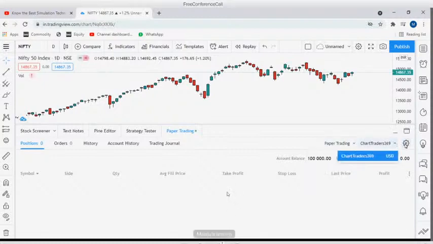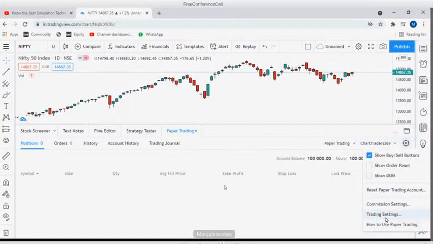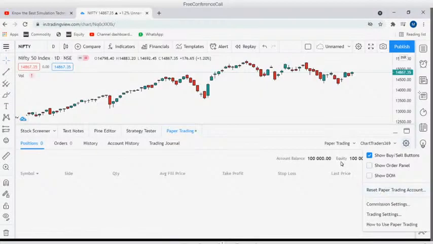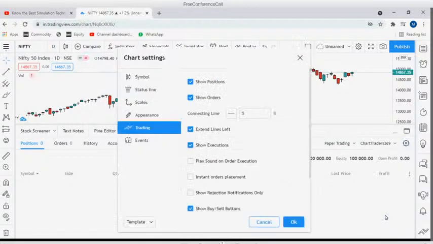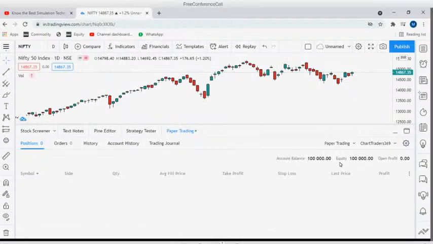Go to the settings and you can change that. There is an option when you are trading: when you click on this reset trading account, it will reset this balance. For example, if you have done some trades and after that you want to reset, you can do a reset here. And if you want to do any other settings, you can do them here. By default, you'll get this much, and you can modify this also. But anyway, we are doing dummy trading, right? This much is also enough for testing.